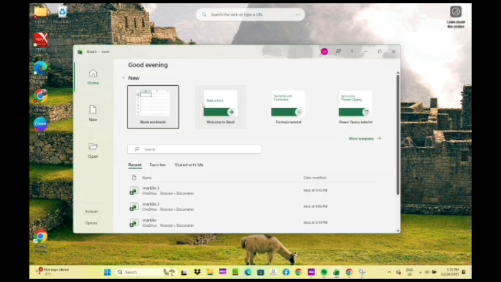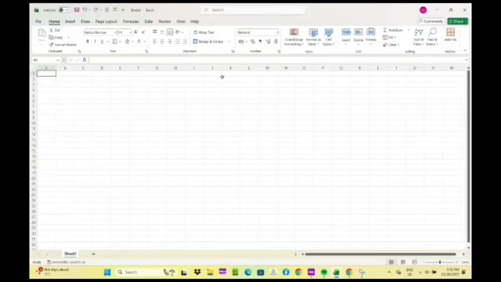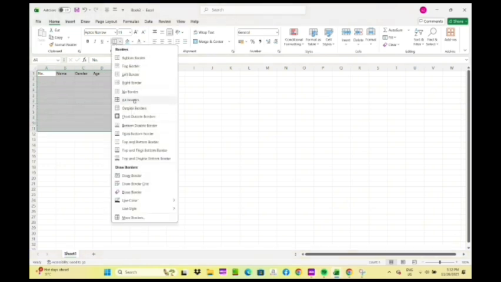First, open Excel and then create data which contains the number of a person, the name of a person, gender, age, and income. And then create a border. After creating a border, try to add colors to the components of the data. Then add numbers 1 up to 10.